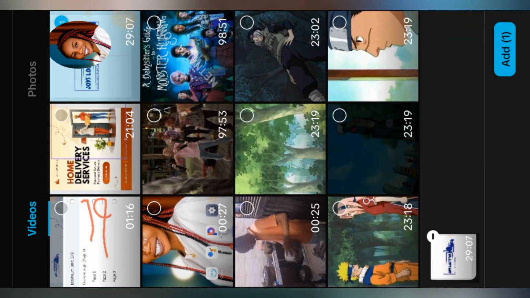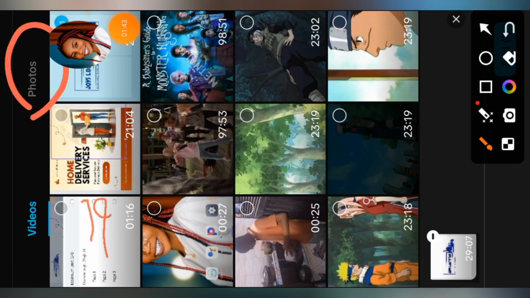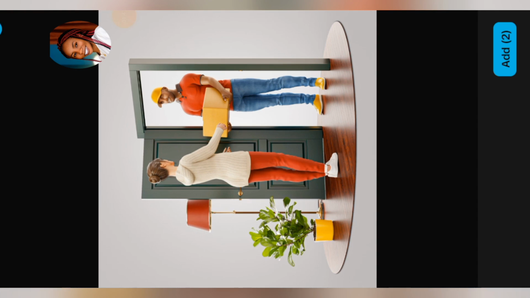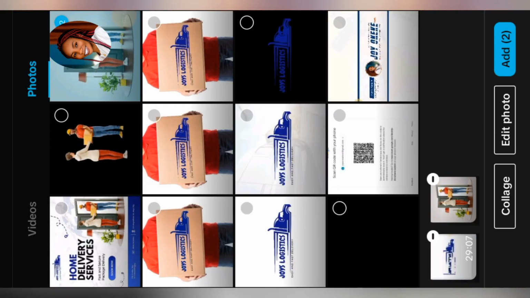You can add as many videos as possible that you want to add voiceover to, and if you want to even use pictures that you need to add voiceover to, let me add one picture by coming to where you have photos. So click on photos and pick the picture you want to add voiceover to. So I've picked one video and one picture. You can add as many photos as possible and as many videos as possible that you want to edit at the same time. Okay, so click on where you have add,